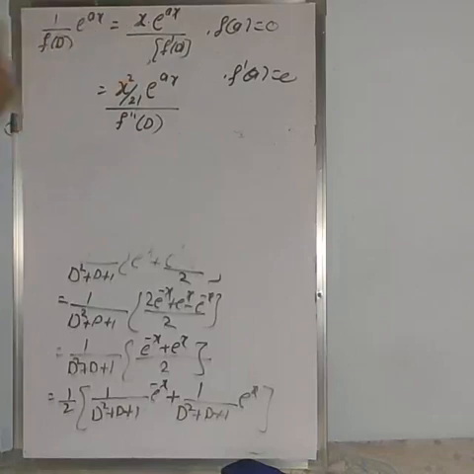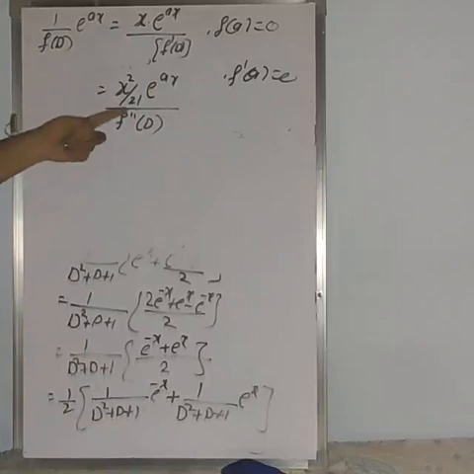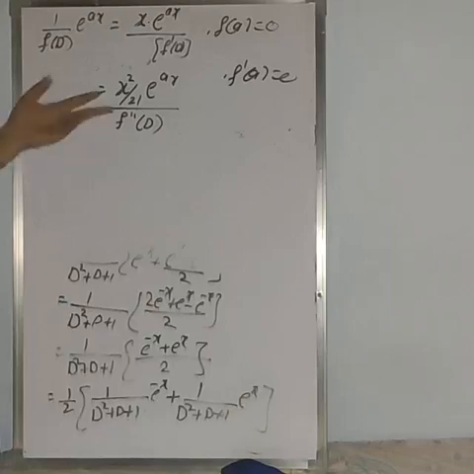Mostly you will get it in the first or second step only, but suppose again you are getting this value is 0 after substituting D is equal to a, so your next is x cube by 3 factorial e to the power of x, again divided by f triple dash of D. Continue this process till you get your answer. Okay, if you are getting your answer, stop there only. So this is the method if you are getting f of a is equal to 0. So we will solve the problems depending on this method in the next class.